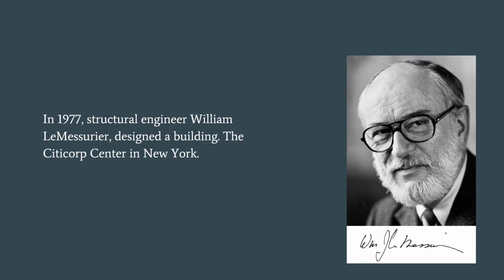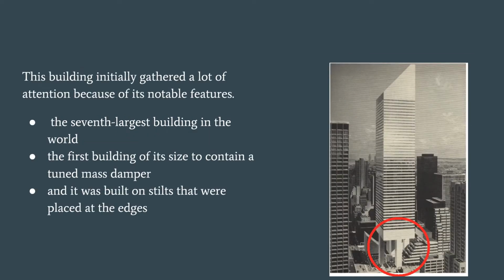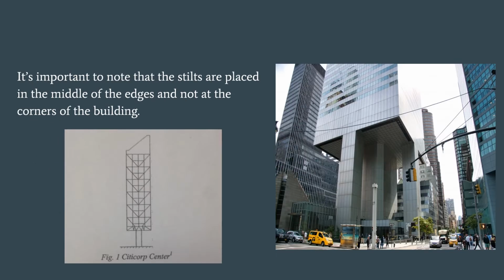In 1977, structural engineer William LeMessurier designed a building, the Citicorp Center in New York. This building initially gathered a lot of attention because of its notable features. It was the seventh largest building in the world. It was the first building of its size to have a tuned mass damper, and it was built on stilts that were placed at the edges. It's important to note that these stilts were placed in the middle of the edges and not at the corners